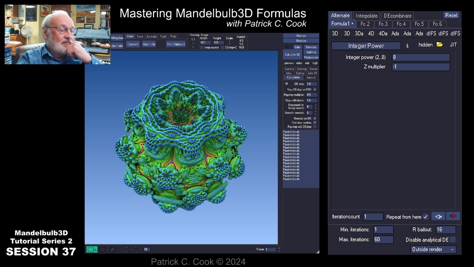graphic? Okay. Now, what goes on in my head when I'm thinking about what I want to do with a Mandelbulb, the Mandelbulb3D application? I think, do I want a still or do I want an animation? Or I just want to poke around and see what happens. Now, what I've found is that the still and the animation are really two different